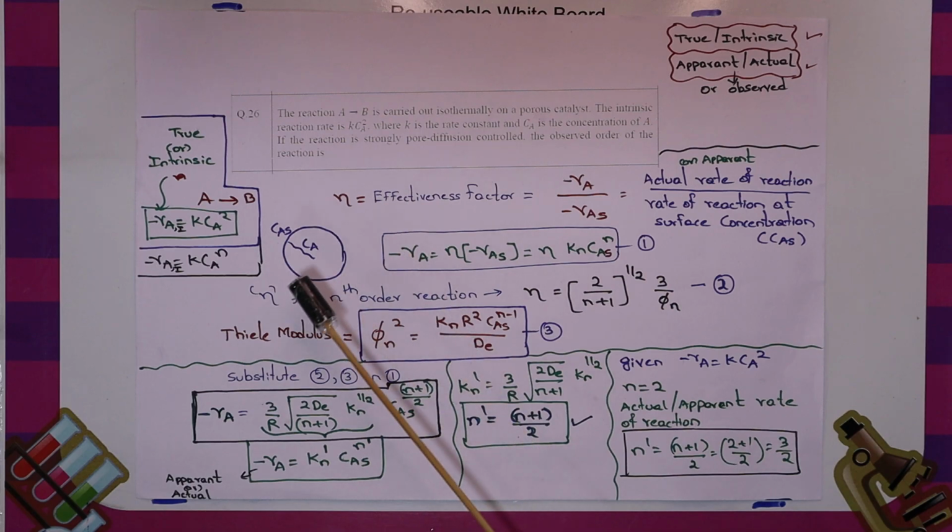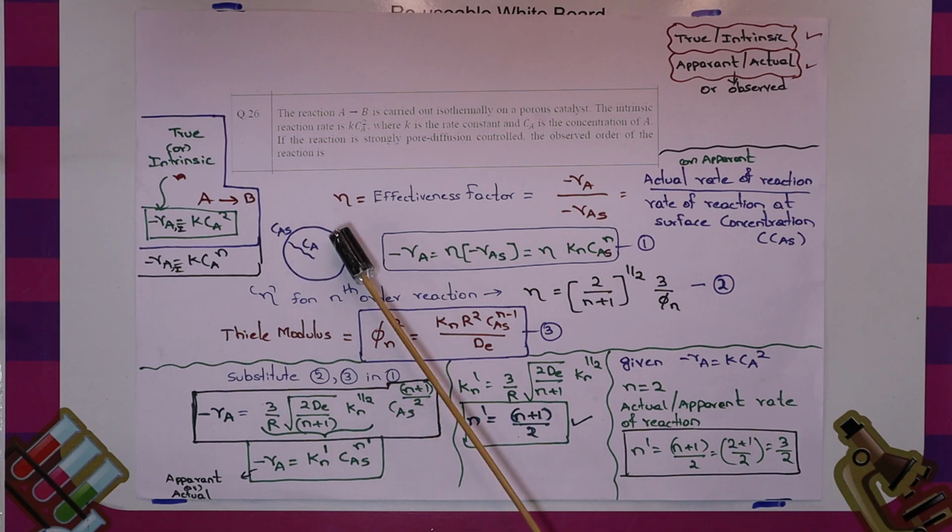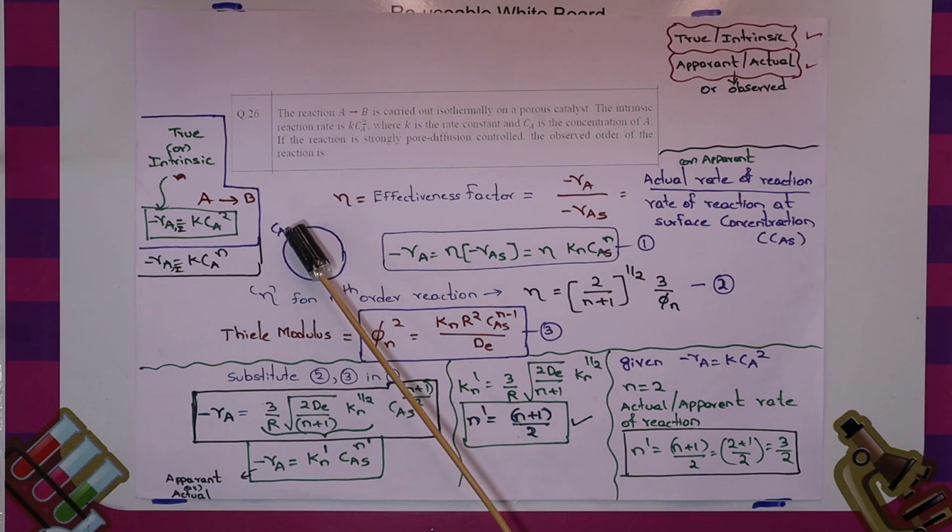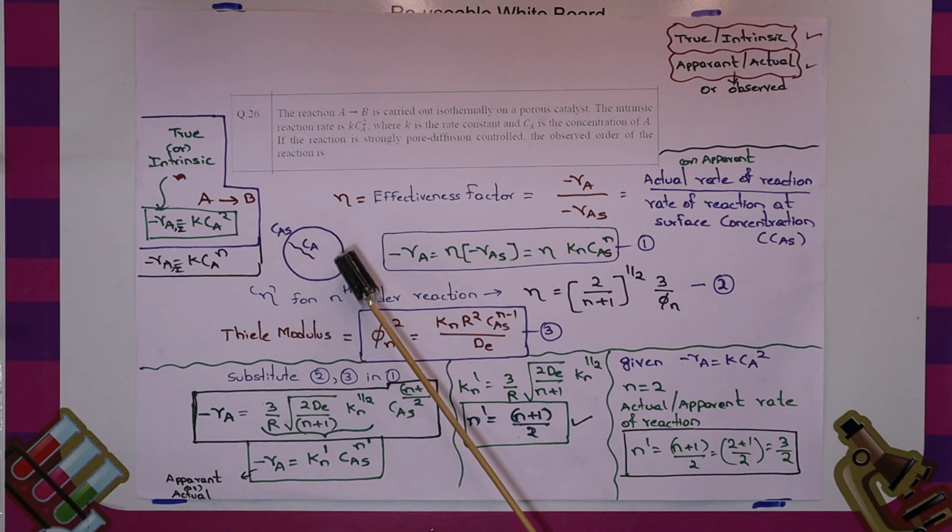Let us take this as a porous catalyst, in which the reaction is happening on the surface and inside the pores. Inside the pores, the average concentration is something around Ca, and the surface concentration of the molecule reacting is CaS. The external concentration of A is different from the internal concentration of A. Because the concentration of A is lower inside the catalyst, the rate of reaction is different from that at the surface,